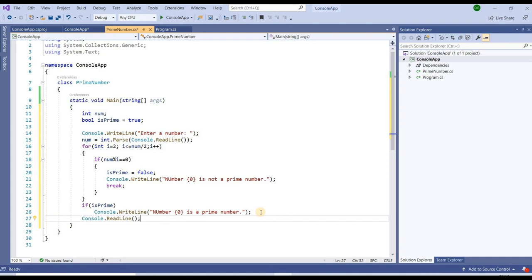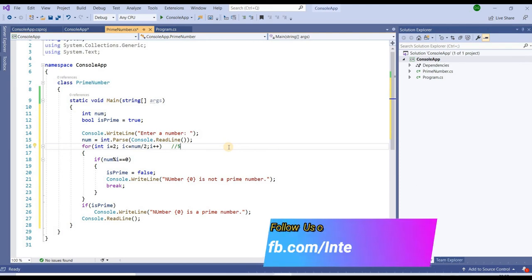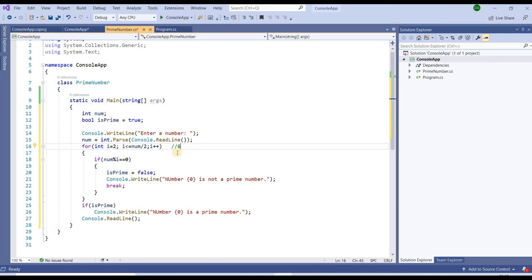Now I have to tell you how the logic will work. Suppose I am taking a number 6, an even number, so half of 6 is 3. First we will check by 2. The i value is 2. We will check num divided by 2, so 6 divided by 2.